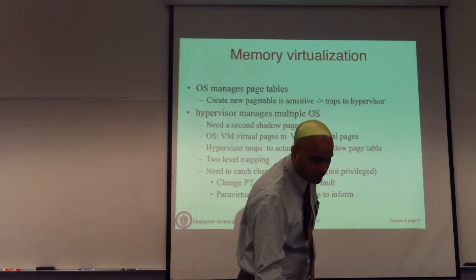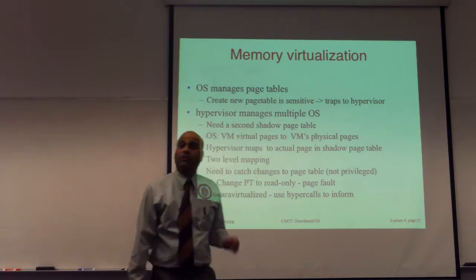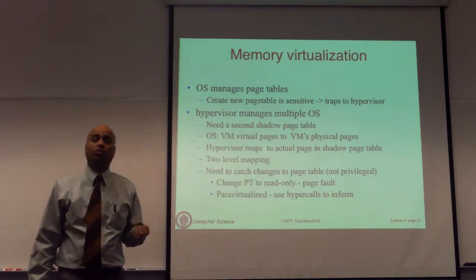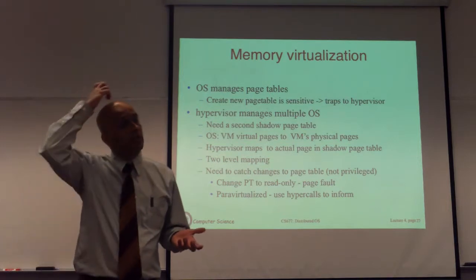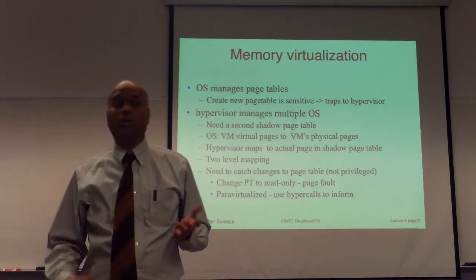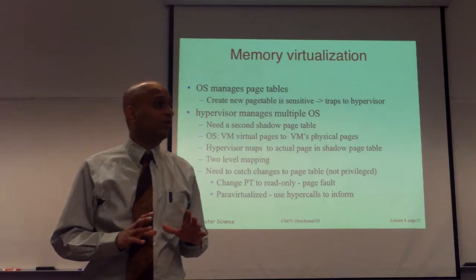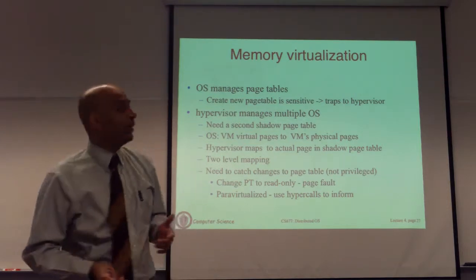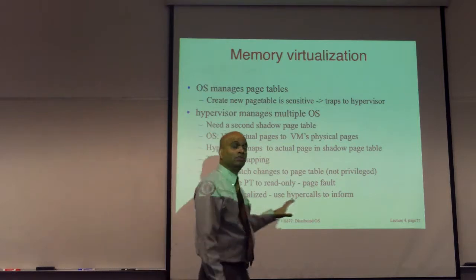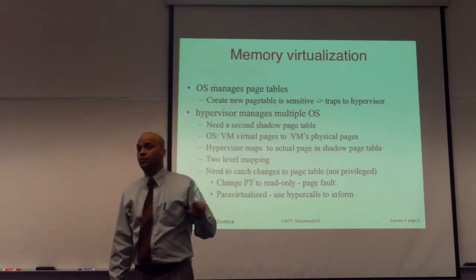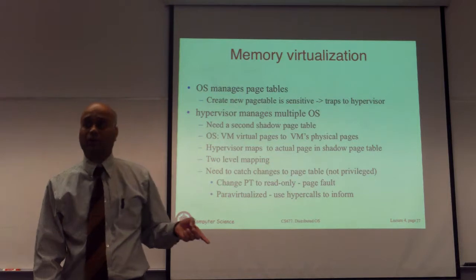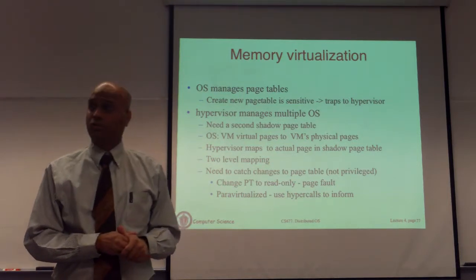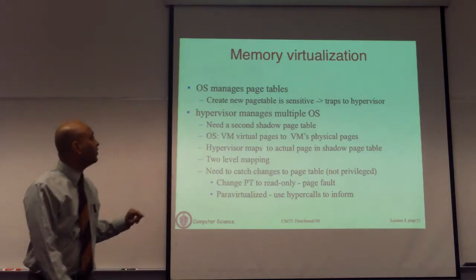So I'm going to talk a little bit about other resources. We talked mostly about CPU and how you have to deal with sensitive instructions and so on. But every resource on your machine has to be virtualized for a virtual machine. Okay? That includes memory, that includes I/O, that includes the network card. I showed you a little bit about the network card in that VMware Fusion virtual machine that I was just showing. Same has to be done for memory.